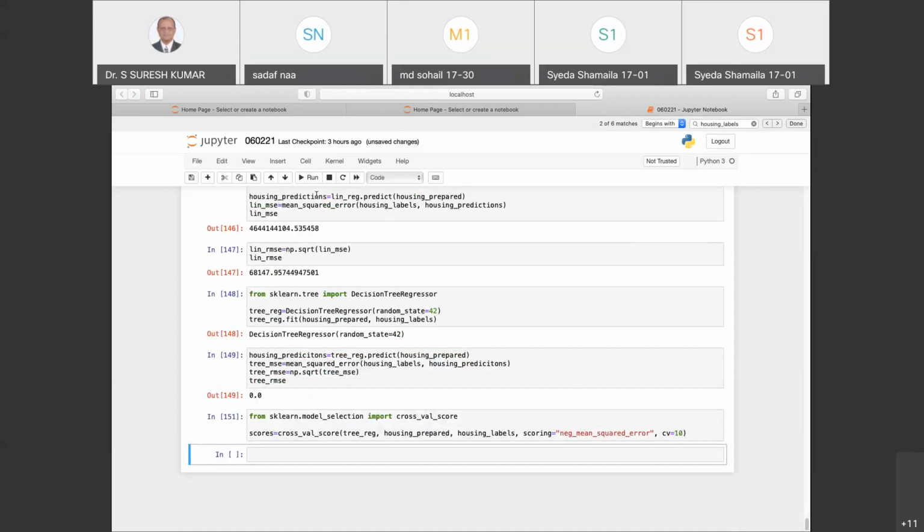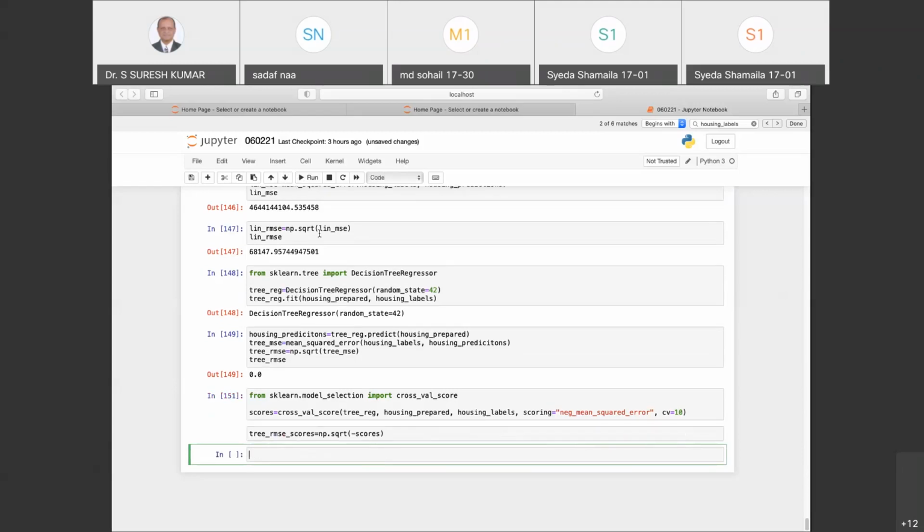Now, after this, we will find out the root mean squared error scores of what we are doing when we are fine tuning the model. So I would say tree_rmse_scores, which will be np.sqrt of this negative scores. So when we execute this, okay, fine.